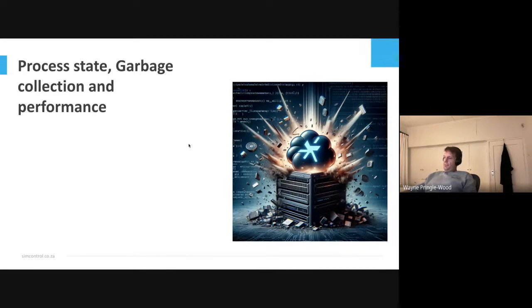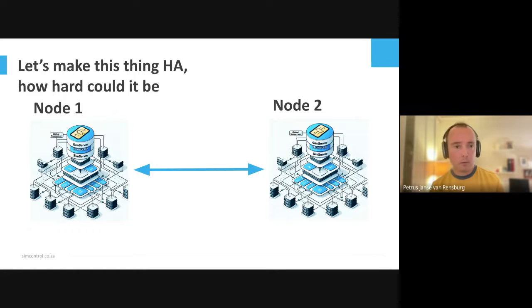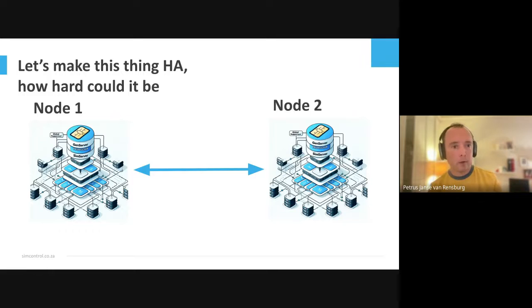So we're chugging along with about 50,000 sims, and then we decide to make our system HA. In the Radius protocol, it allows you to do 2 nodes, and the 2 nodes are in active state. HA here being high availability for those who are wondering. So you have a failover. Exactly, but they're both active.